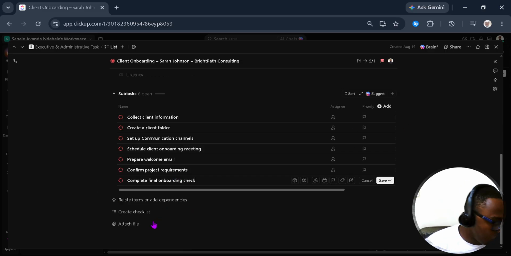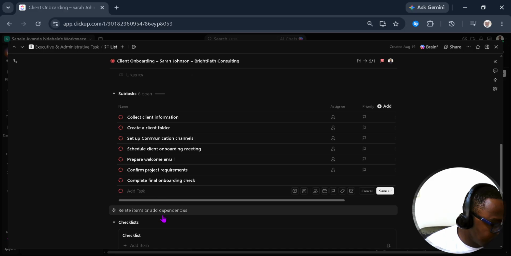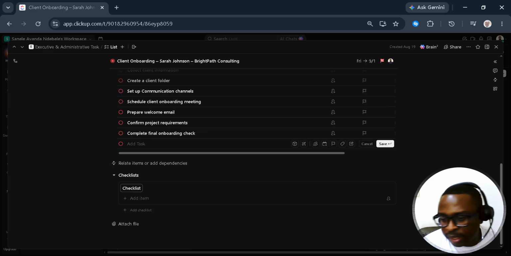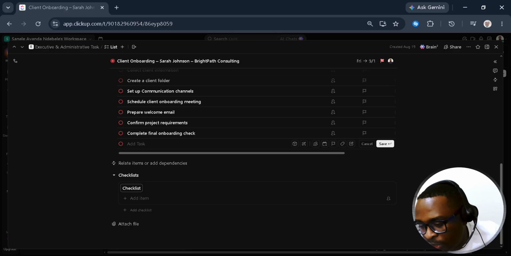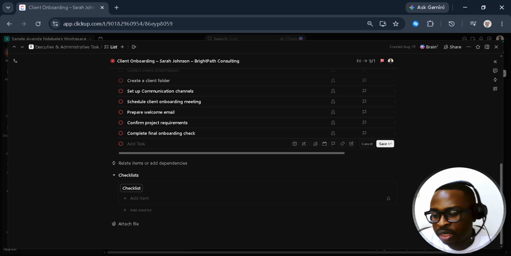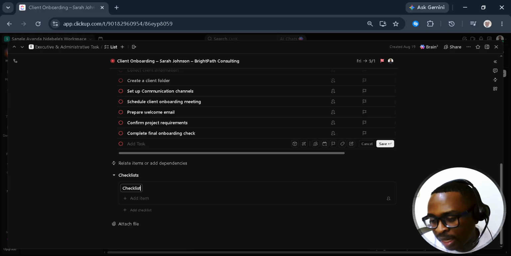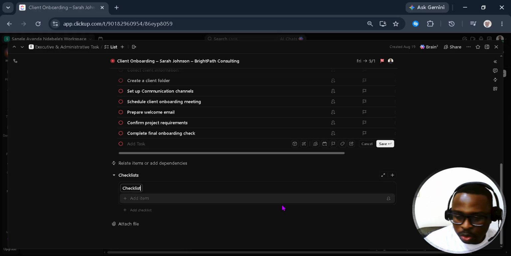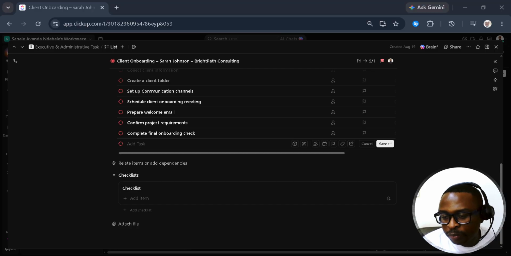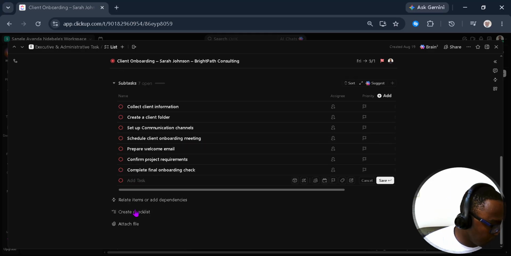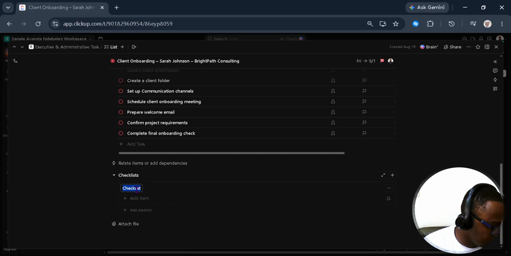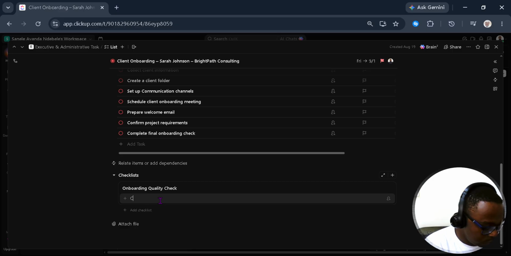So also we can create a checklist. A checklist is something that we'll be ticking once we finish. Whatever we've done, if we've collected the client information, we're just gonna go ahead and tick that as done until we've finished everything. So our checklist name, we're gonna call it the onboarding quality check. Create my checklist, rename it onboarding quality check. Our first task will be the